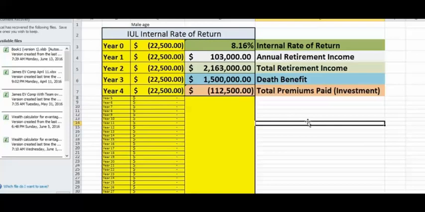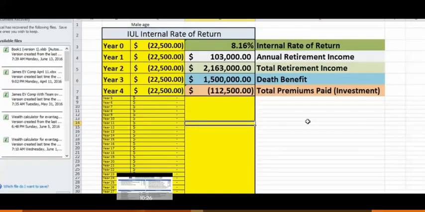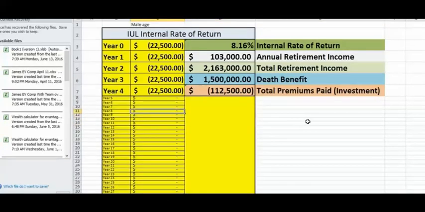So what I did is I did run the internal rate of return. I used your structure here. So I showed the premium payments of $22,500 for